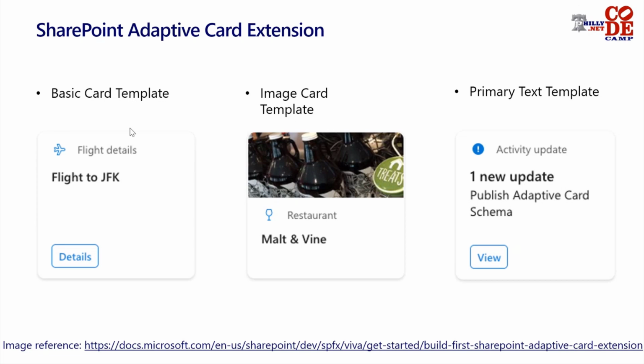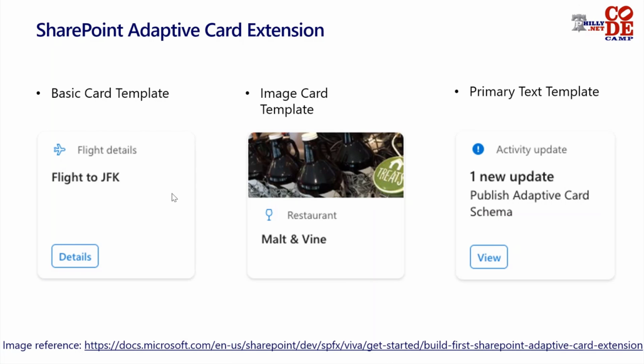This one is a basic card template which will just show you some kind of a title, nothing else, but then a button through which we will be able to open up a quick view. And then we have an image card template which can show the image along with some text, and again this one is actionable. And lastly, we have a primary text template through which we can show some title, some description. At the same time, we can place a few buttons there, and then those buttons can open up